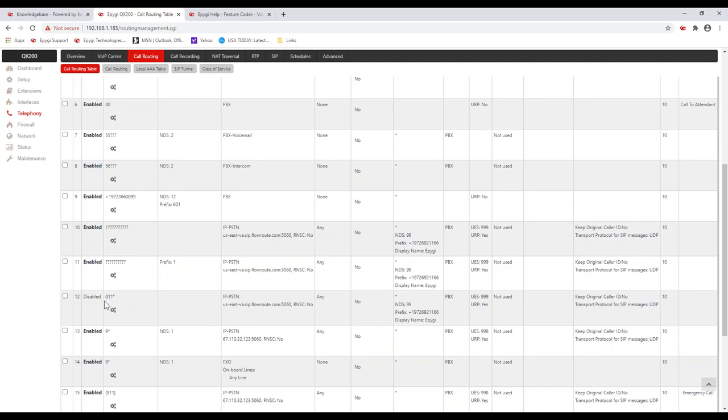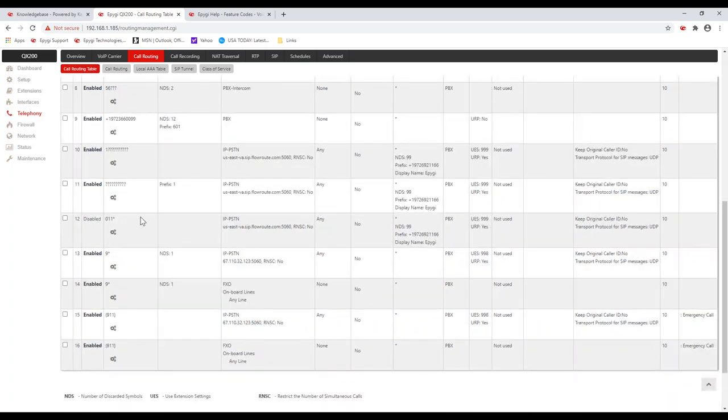There's an entry here for international calls, 011 star, and it is disabled by default for security reasons. You don't need it enabled if you're not making international calls. If you're not making international calls, you actually don't need an 011 entry at all. Okay,